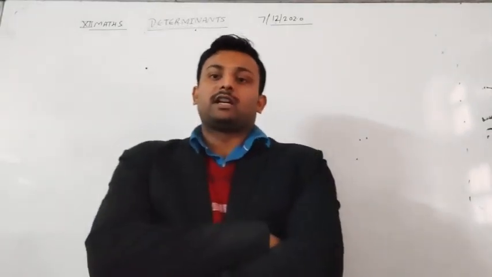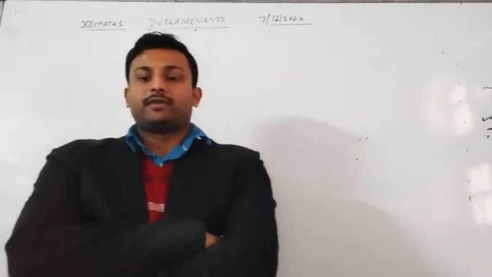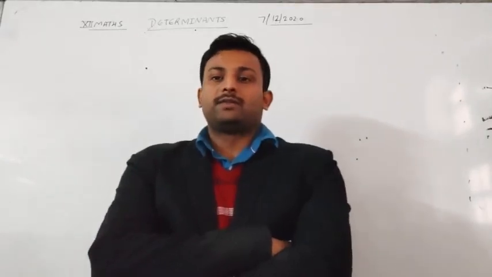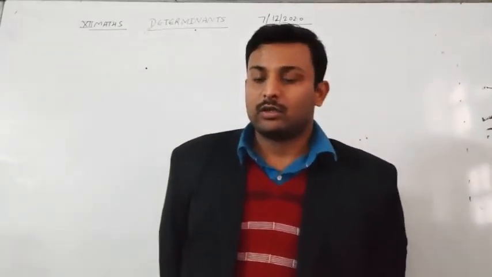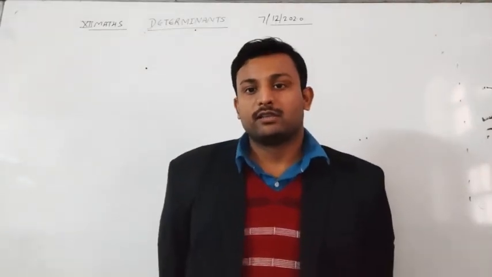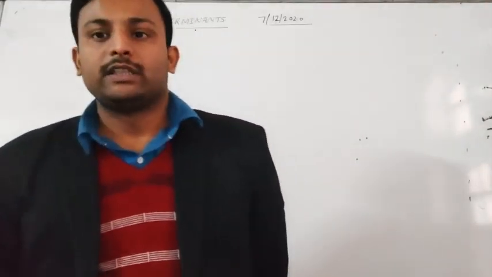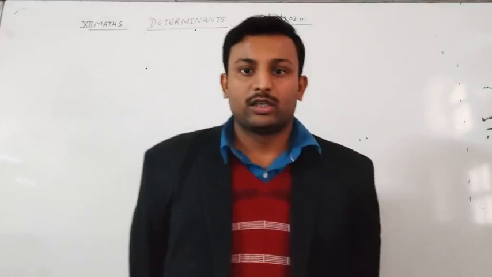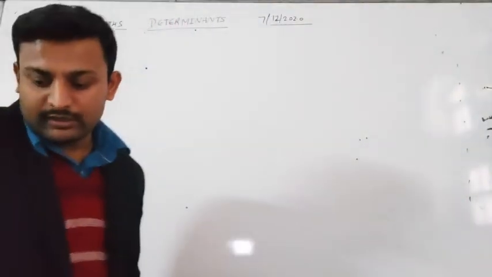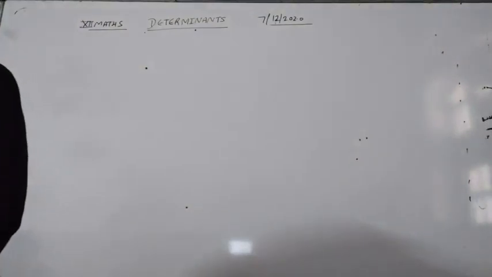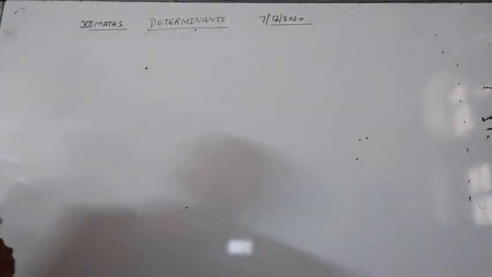In the last classes, we have seen some questions of chapter matrices, and we have solved some questions of your board examination questions. Now, students, today we will see some questions of chapter determinant, which are also from the examination point of view. So, let's see. Our first question is: find the adjoint of matrix A.